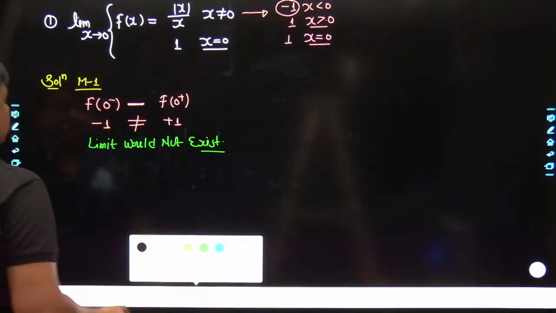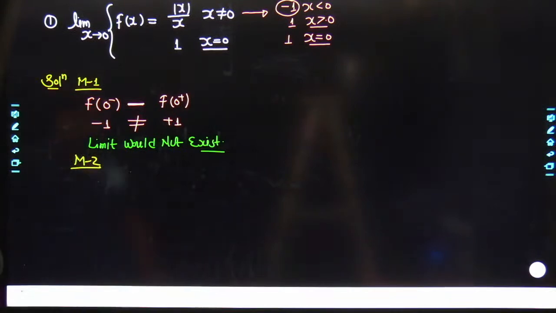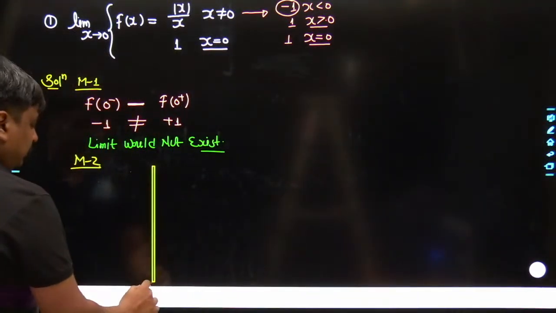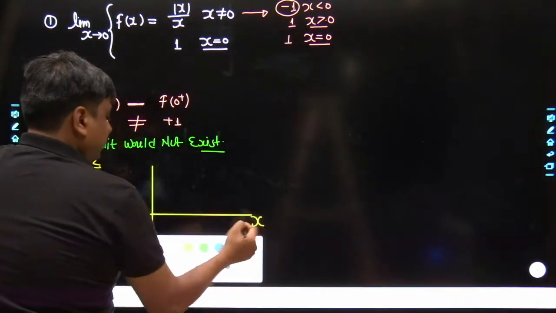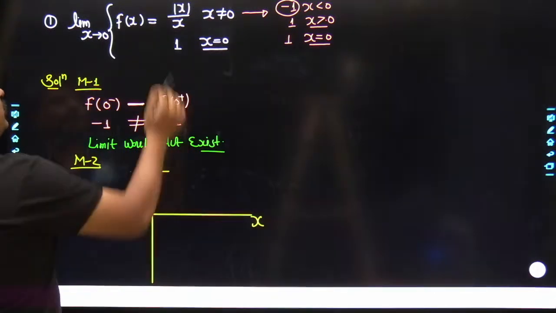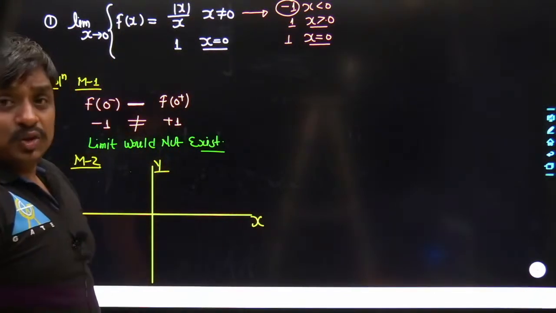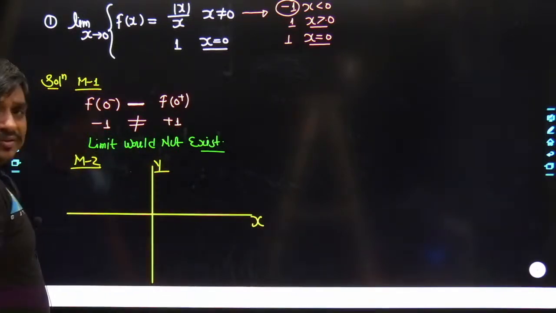What could have been the second method? In the second method, I can take the reference of the graphical approach. For that, let me take an xy plane. Here goes the vertical axis y, here goes the horizontal axis x. As far as mod of x divided by x is concerned, it has been defined only for x not equal to 0. That means it would be valid everywhere except the y-axis,